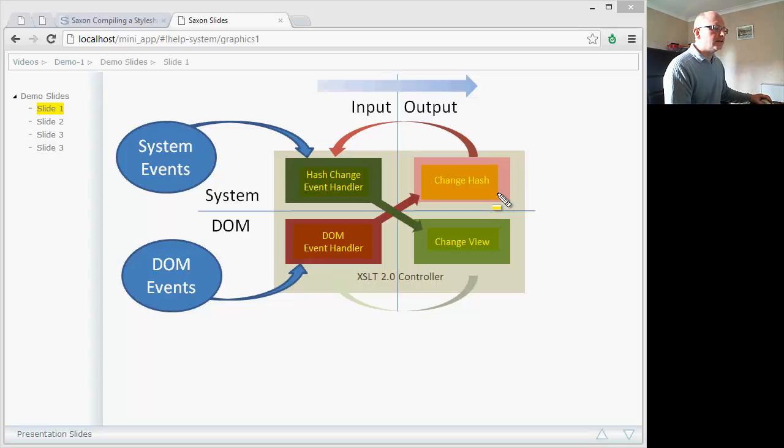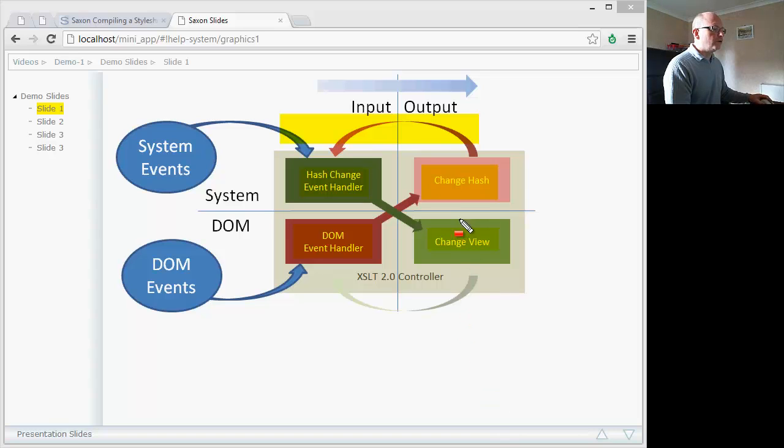So what this then allows us to do is rely on the built-in hash change event handling capabilities that are already there. As soon as we change the hash using code, it's as if that change has happened externally by some other system, but it's still handled in the same way. So that hash change is fed back through to the hash change event handler, and it's only that which changes the view. So the important part, if I just do it in another color, just to show that this is